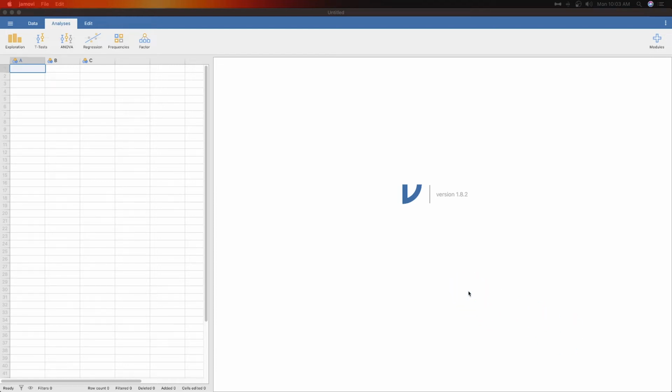Jamovi is now in version 1.8. Look at that, 1.8. And I have version 1.8.2 here, and I sort of want to just go through and identify what has been added to this new version. Now, it's nothing crazy. There aren't any new analyses or anything like that, but there is one thing that I'm going to add to my previous video here